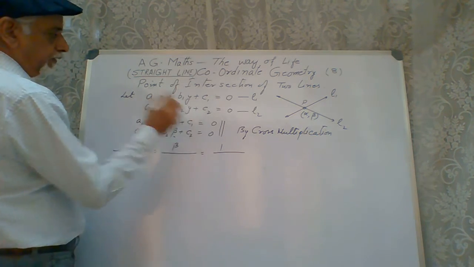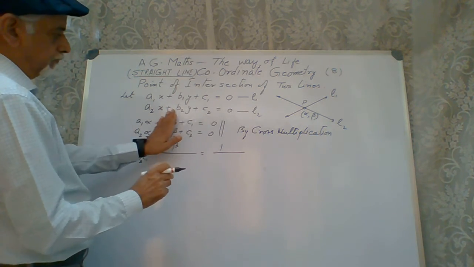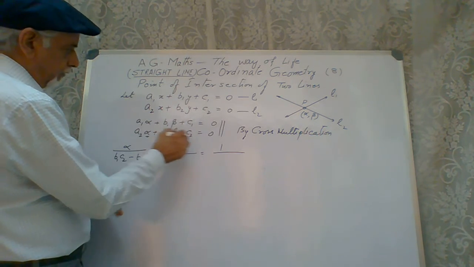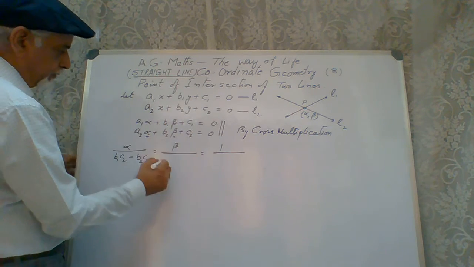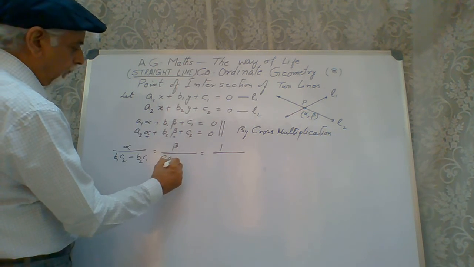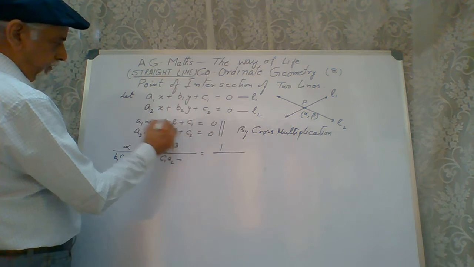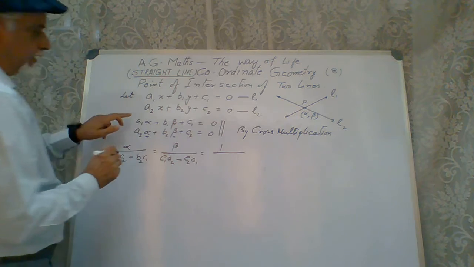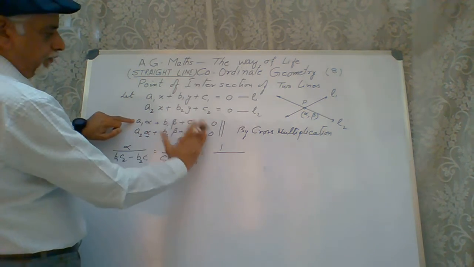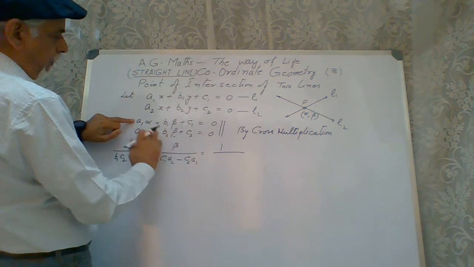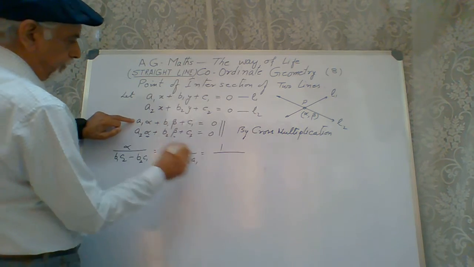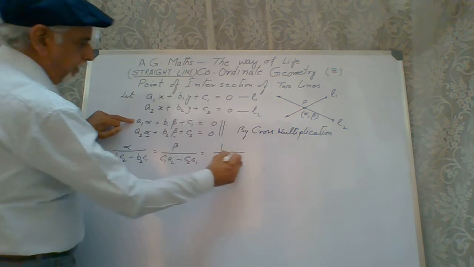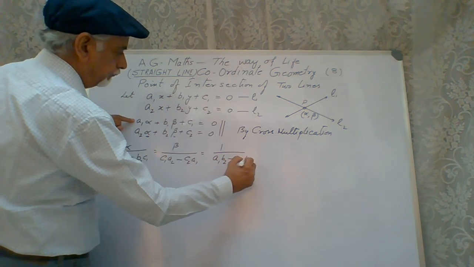Now we have stopped here. Cover beta, the middle one, and from here we start going this way, go here and go up. So c1 a2 minus c2 into a1. Right? We have stopped here. Now covering c, for the coefficient of 1, we write a1 b2 minus a2 b1.